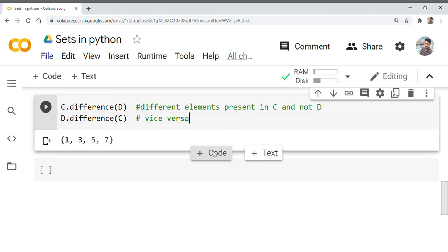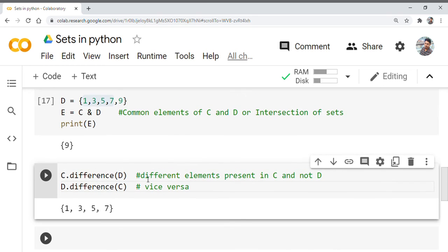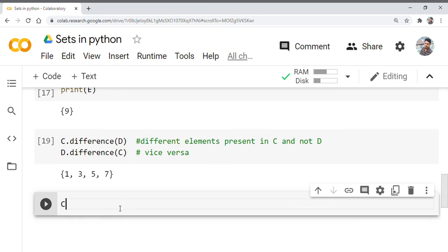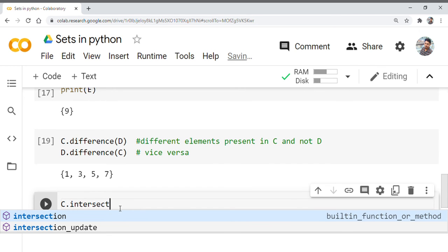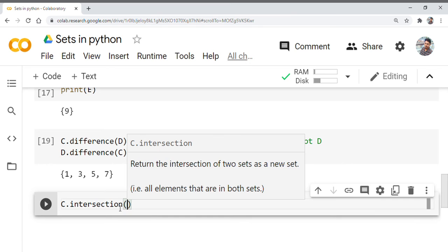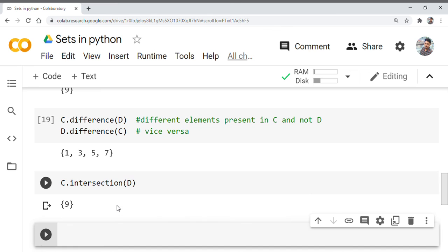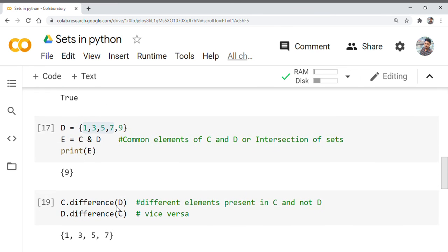So this is about the set difference and also intersection. We can also use the word intersection directly. There is no issue over here. So if I just type C dot intersection of D, you will be getting the intersection of elements between C and D. Okay, which is 9, which is the same as this one.